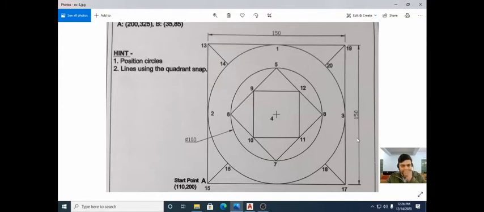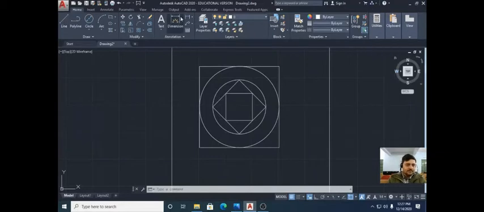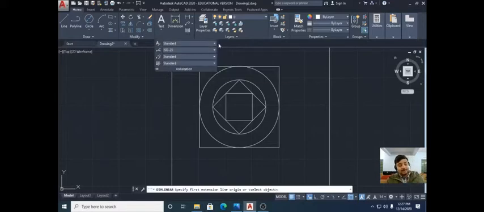Now what you have to do is dimension this 150, this diameter portion. Okay, only 3 dimensions are there. We're going to do the dimensioning part. So the linear portion is already taken. Annotative. What you have to do is always check whether all these things are annotative or not.